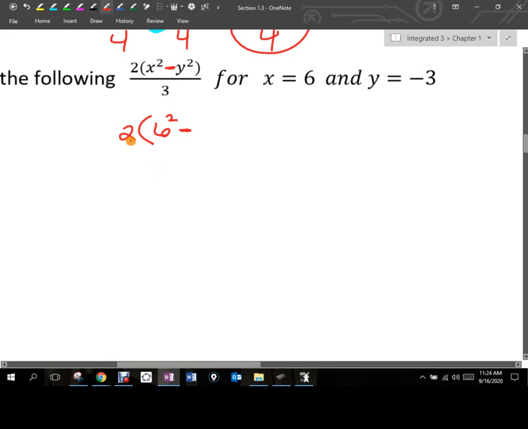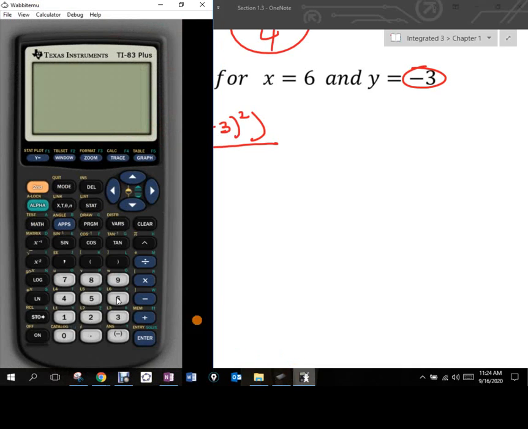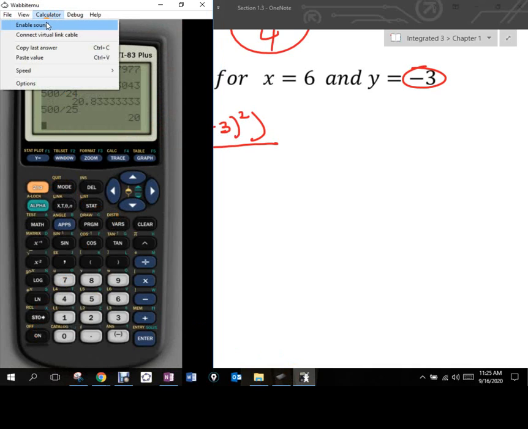Okay, in an expression, you never alter the signs that start out. If I'm going to take y and replace it with -3, I want to do it this way. I want to make sure that I replace in parentheses. If I don't do that, I'm going to run into an error, and I'll show you what I mean when I grab my calculator. You guys have maybe experienced this in other classes. Maybe your other teachers have shown you this. If I take my calculator,